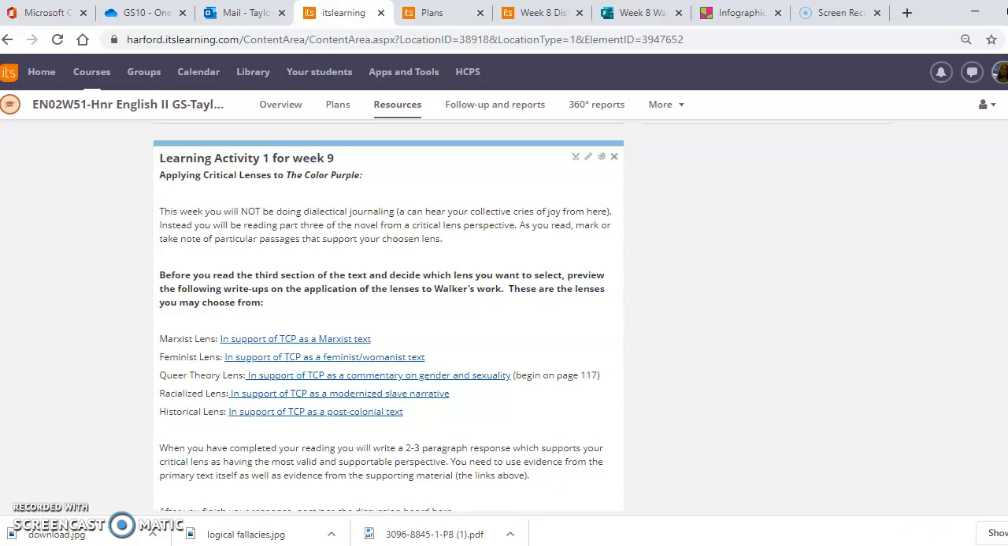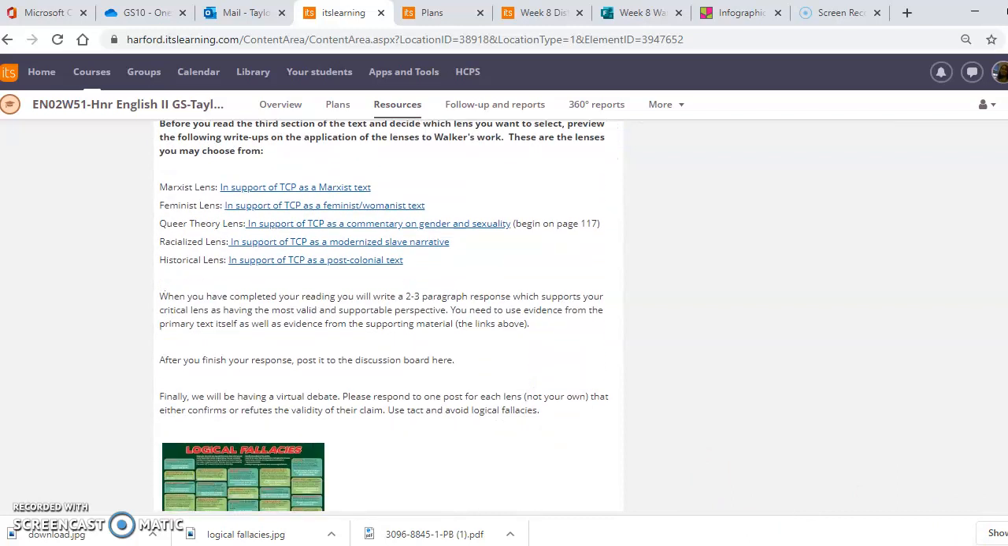So once you have completed your readings and thought about supporting your lens, you're going to write just a 2 to 3 paragraph response which supports your critical lens as having the most valid and supportable perspective. You're going to need to use evidence from both the primary text, The Color Purple itself, as well as evidence from the supporting material that I have provided. And of course, if you find something else that you would like to include, that only improves the quality of your work. So with that 2 to 3 paragraph write-up, you're going to post it to the discussion board that